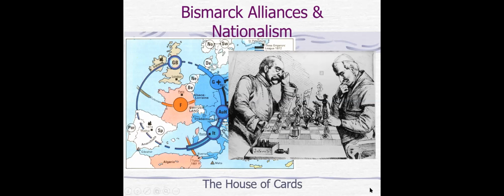Now, what you see here is a bit of a map that I'll talk about in a moment that has to do with the alliance system put together by this gentleman here. This is Otto von Bismarck, the very first chancellor of a united Germany, and here he is playing chess with the Pope over various territories that they both want. Bismarck was probably one of the consummate chess players in world history, particularly when it came to diplomacy and how to develop one's nation.